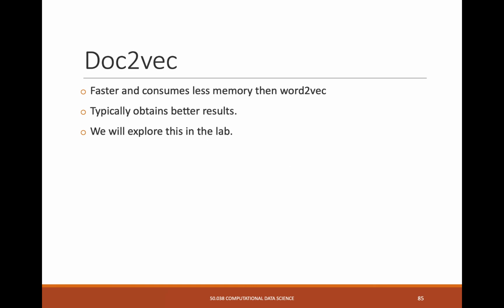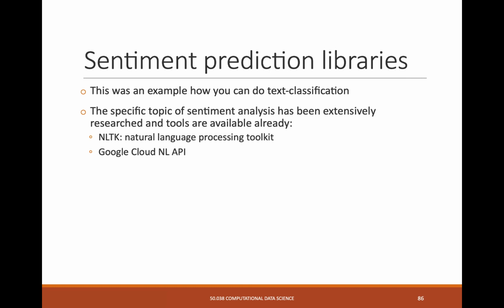So it's faster, consumes less memory than Word2Vec, and typically obtains better results, and we will do a comparison of Word2Vec versus Doc2Vec in the lab. So that was an example of how you could do text classification. We will be talking more, especially with Professor Janja, on NLP in other classes. You'll be using 1D convolution, for instance, to do your word representations as well, but this serves as an